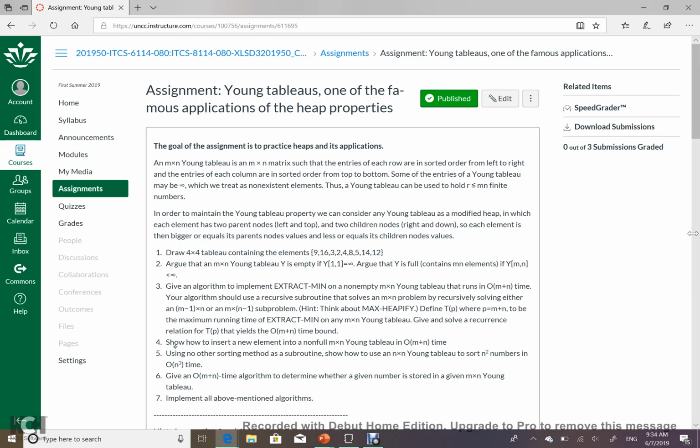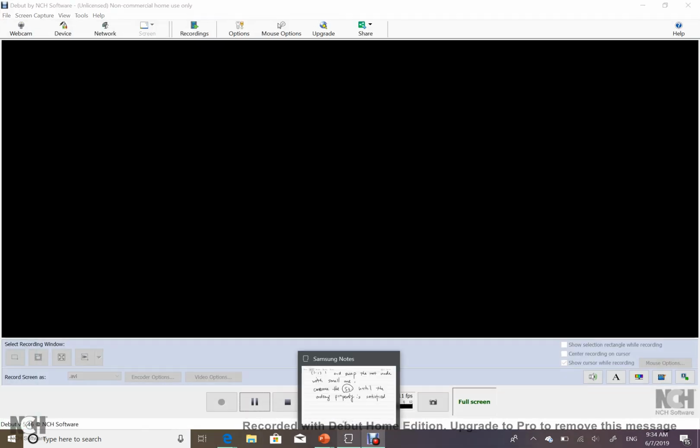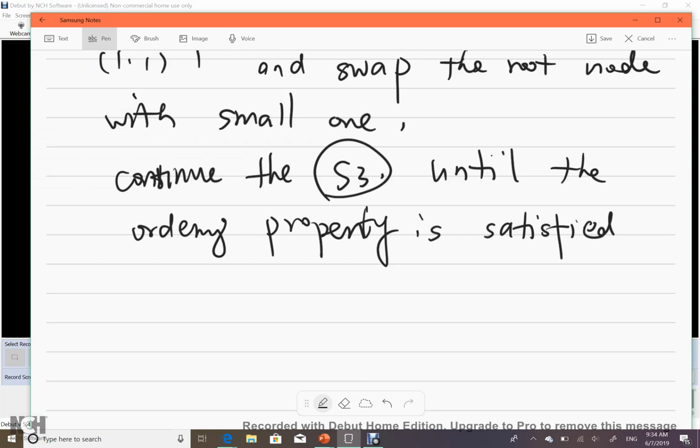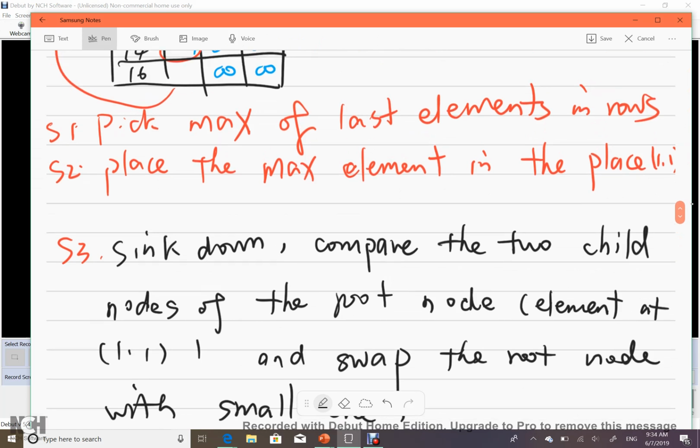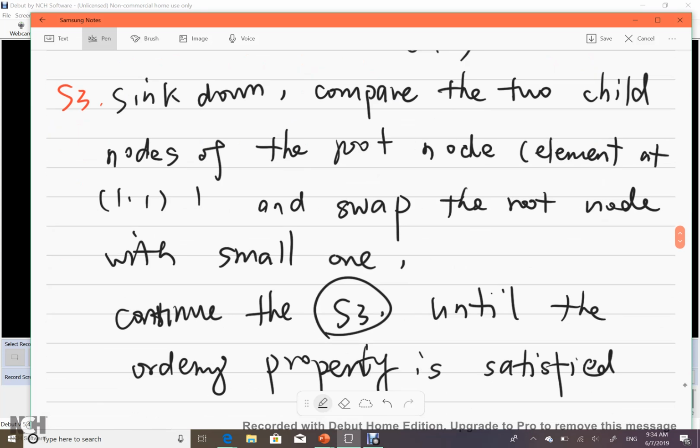Okay, so this is step 3, question 3. Based on the discussion here, the first two steps: step 1, find the maximum element of the last elements in rows. This is O(n) runtime, right? You have n rows, and each has one element, so this is O(n), and this one is O(1), and the last step,